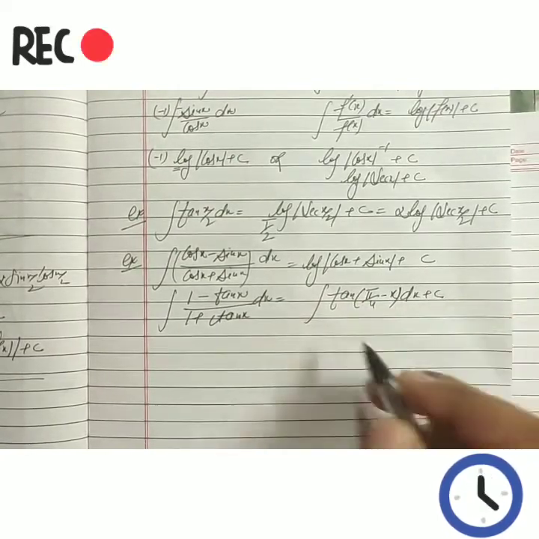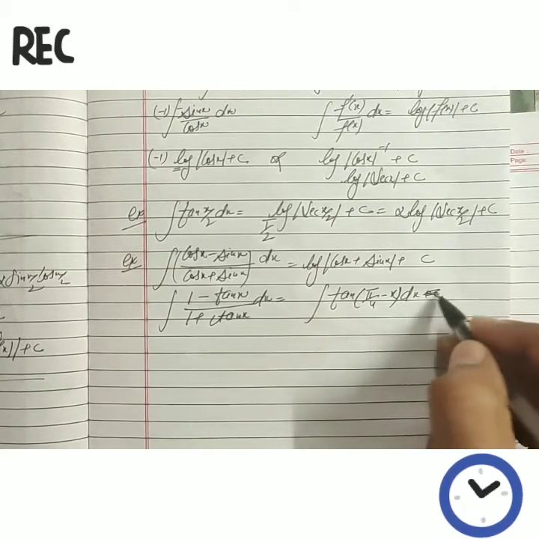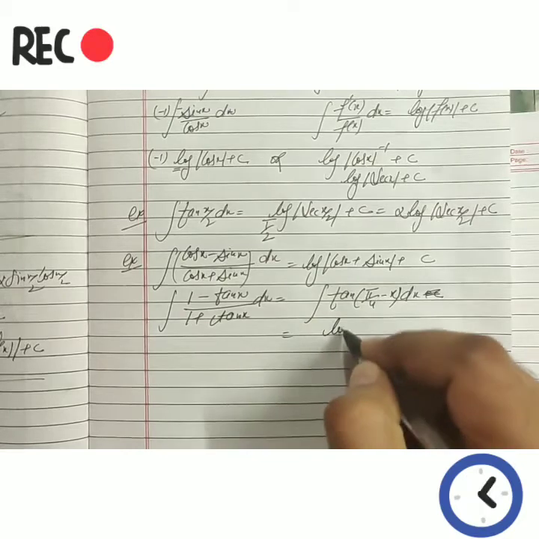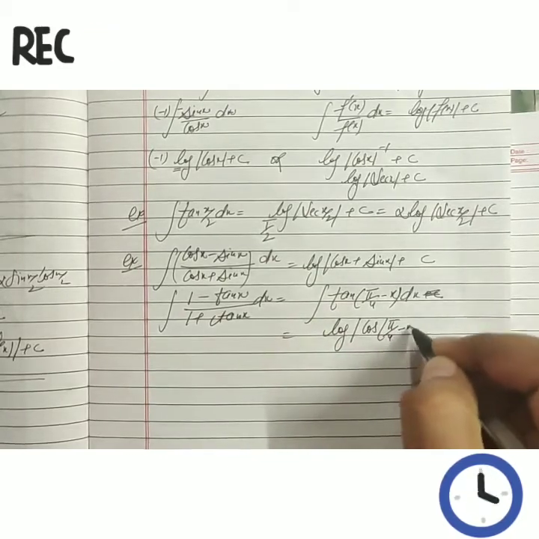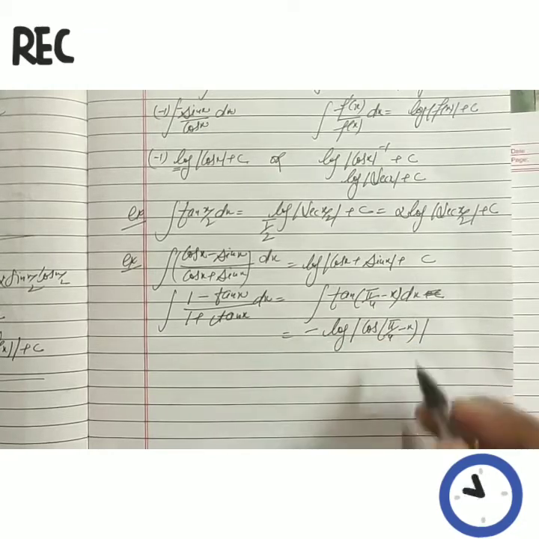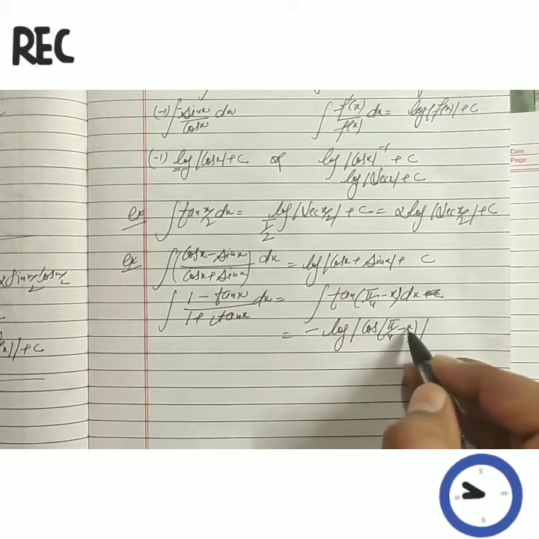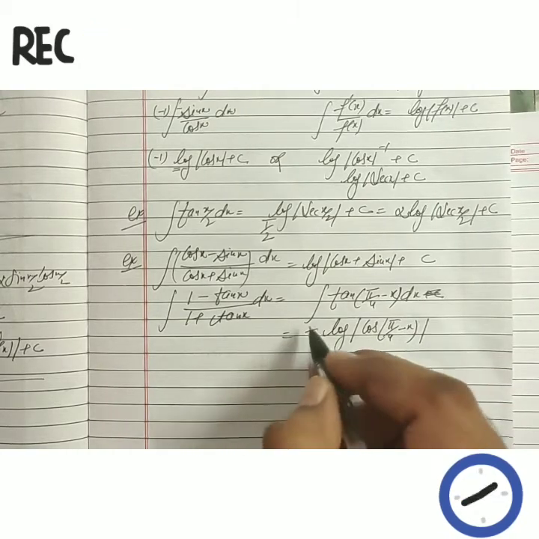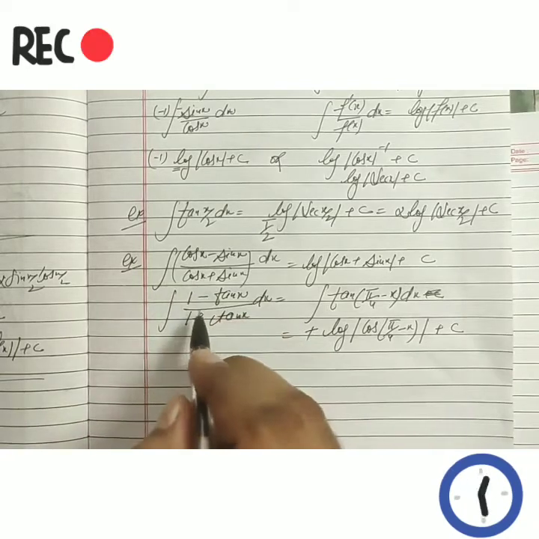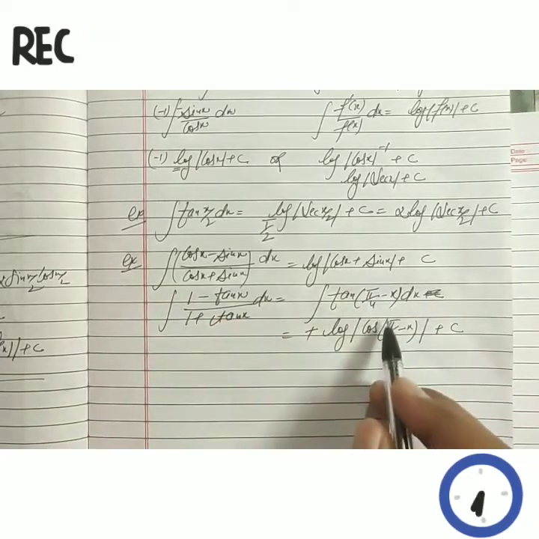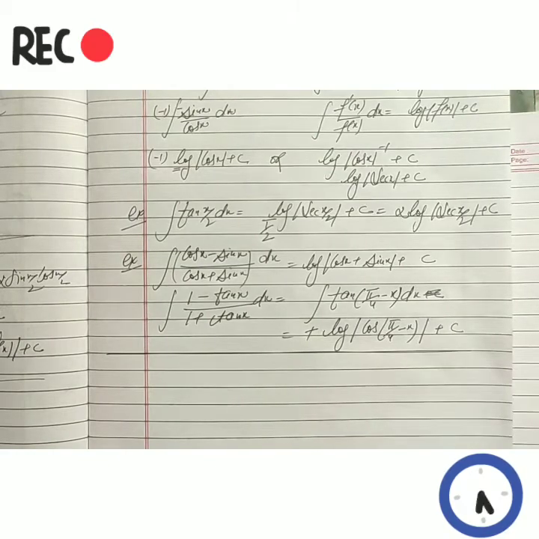If you see, it now becomes the integration of tangent of an angle dx, which is given by log of cos, with the angle pi by 4 minus x and a negative sign. The derivative of the angle: pi by 4 is 0, and the derivative of minus x becomes minus 1. If we divide this value by minus 1, we get a plus sign overall. So the same statement has two types of answer. Both are right. We can use any one of them.